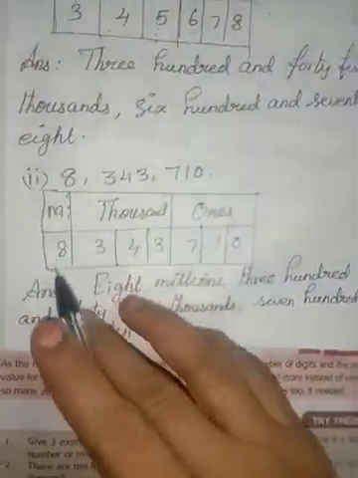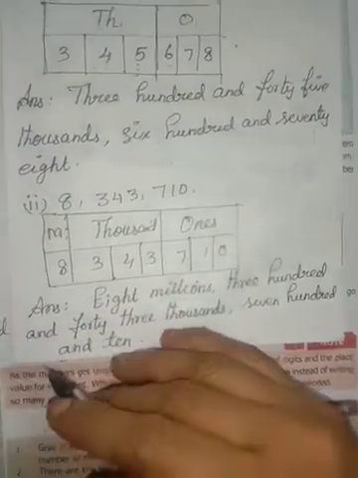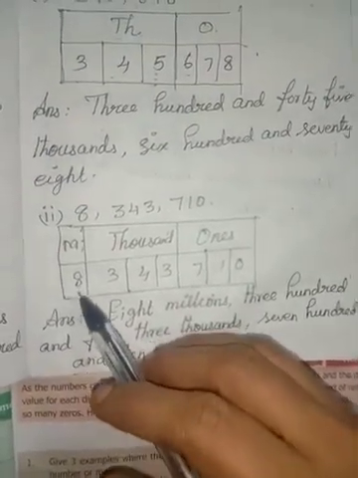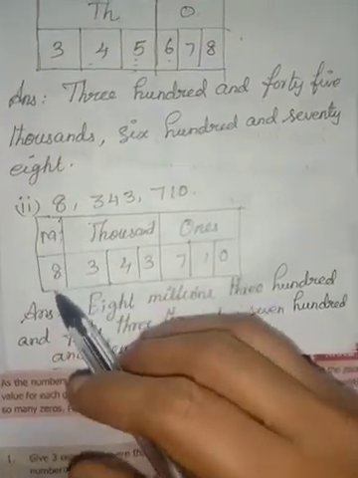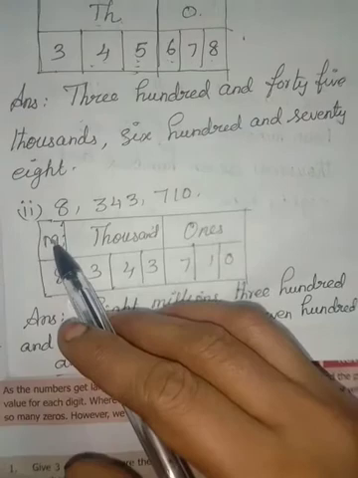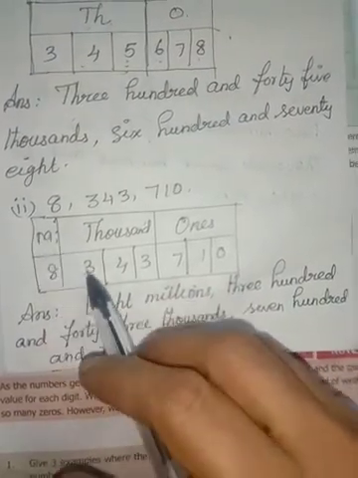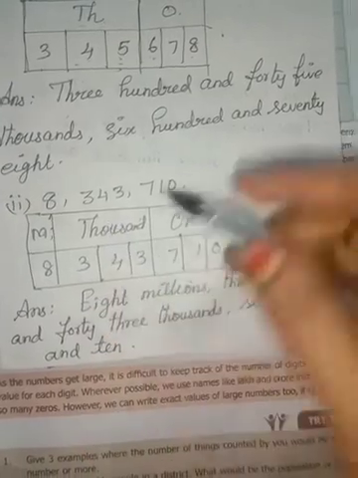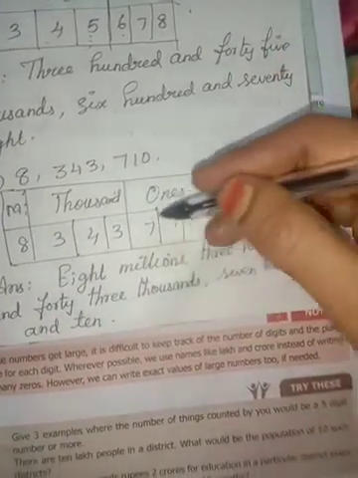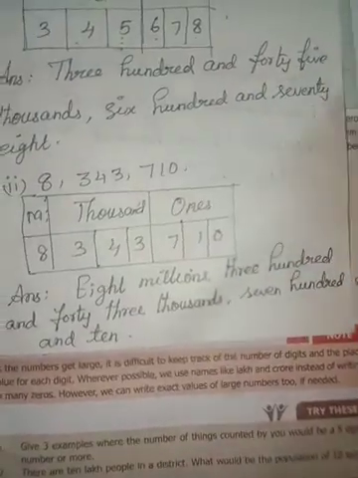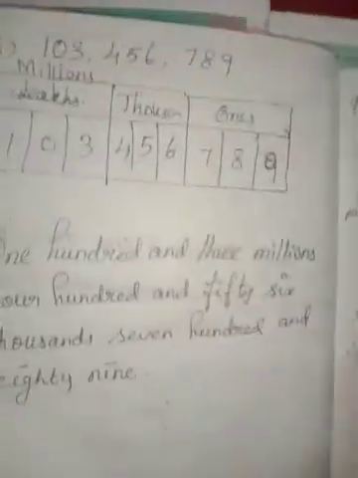In million we are having a ones digit only, tens and hundreds are not given. So you can easily say that, read the number first, 8 million, then say the group. Read the number first and say the preceding groups. So 8 millions 343,710 ones. It is as usual. The last 3 digits are same in Indian system and international system. Okay. Then coming to the next one.